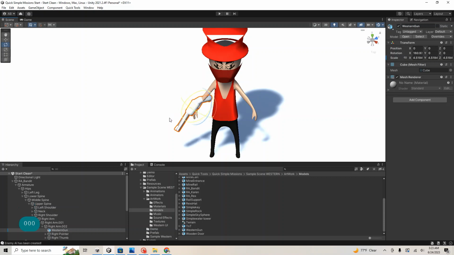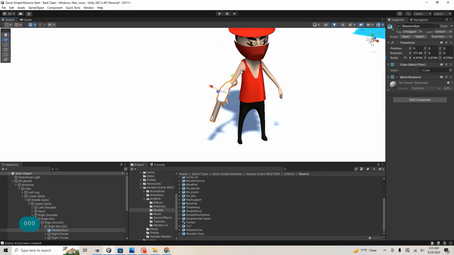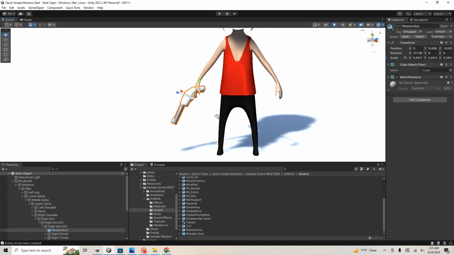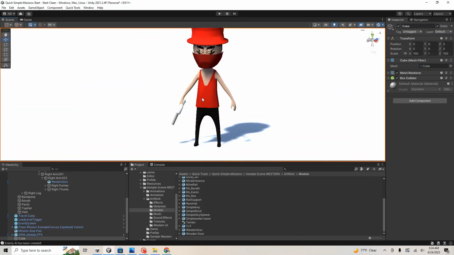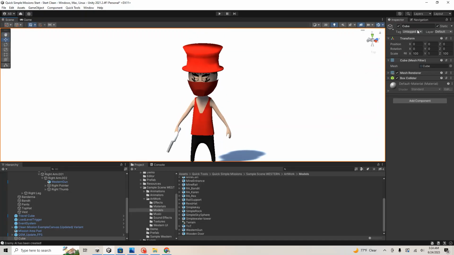So I'm going to go ahead and adjust this and try to move it to where his hand is, and maybe scale it down a little more. Okay, this is cosmetic and you can adjust it however you need for your AI, but for now this is what we got. All right, so now that that's done and we have our AI in the scene,